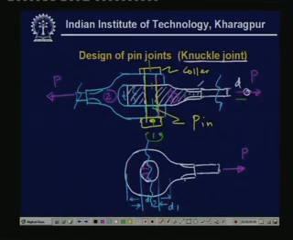Okay, so we have to design d1, d2. Now once we know that this is a critical section, then we will have to draw the free body diagram, or draw the internal forces developed in that critical section. So the free body diagram will look like,